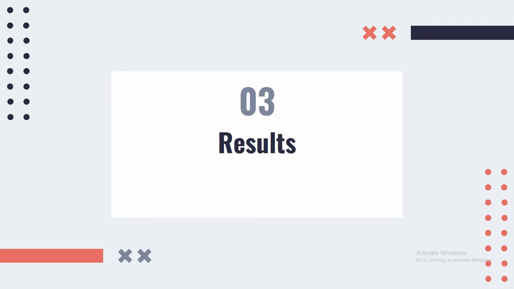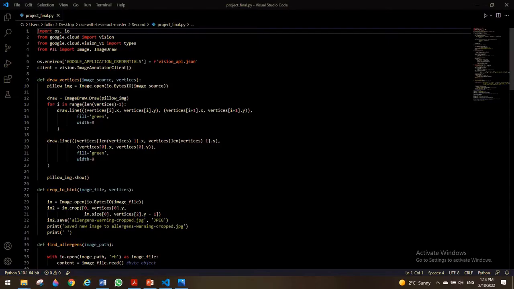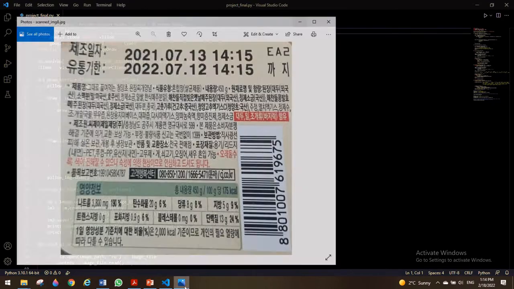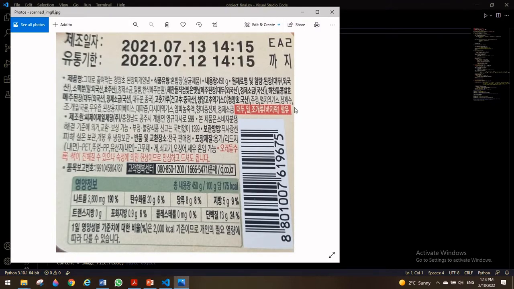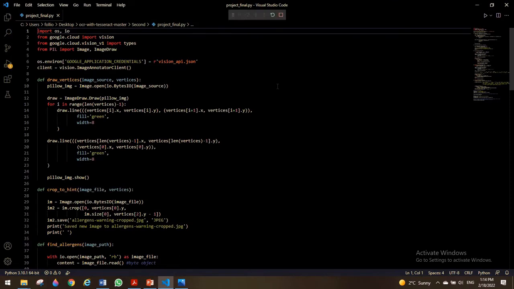So about the results, I want to show the results on my code actually. This is the final code for my project. I'm going to show you how it works. I'm going to use an example image. This is the example image that I'm going to use. You can see the allergen warning here. It says 대두 밀 조개류 함유. So if we run the code,